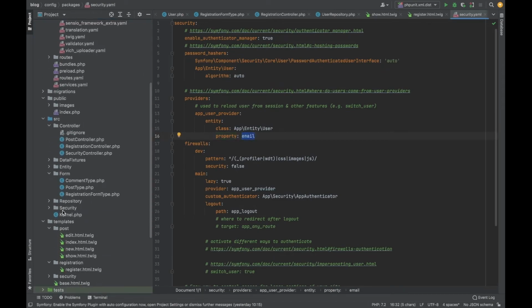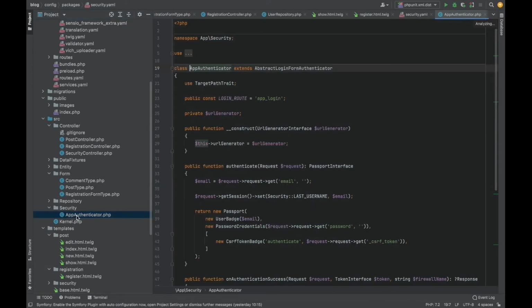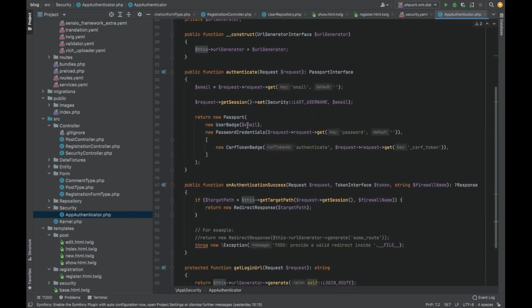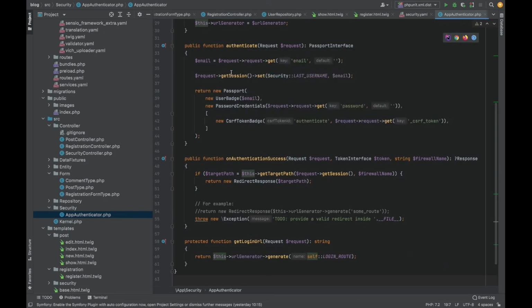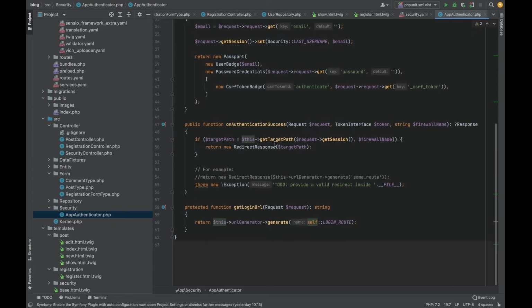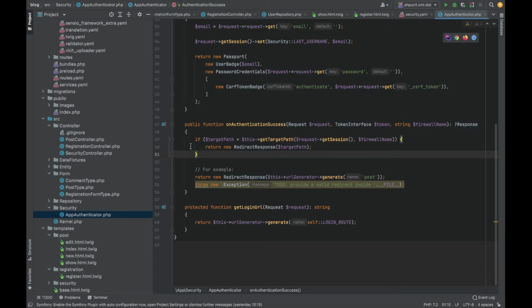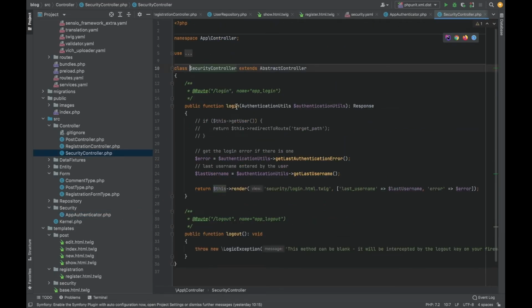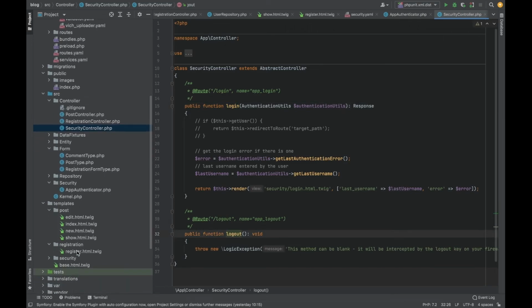There is this class app authenticator.php, which uses some methods like authenticate, which verifies the email, and if it's a success, we have a response with success. And here we have to put the route to which we go when we are logged in. And here I will make post as I have done with the registration form. We have the security controller. It has 2 controllers, the login and the logout, and this is the login